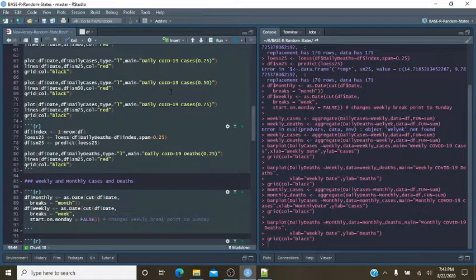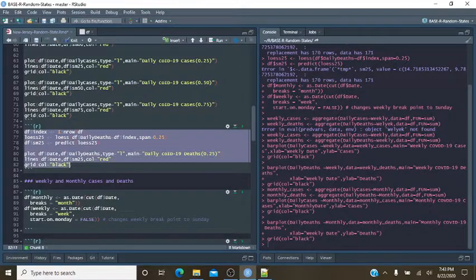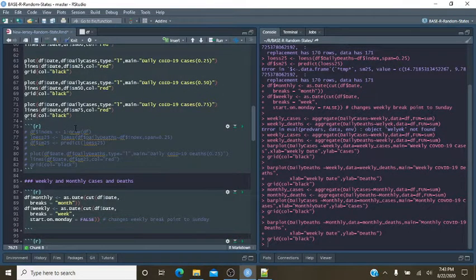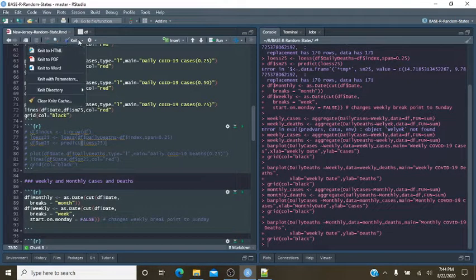So what I'm going to do is this one up here. I'm actually going to comment that out unless I can figure out in the last 5 minutes what I'm doing wrong. Index, low res 25, low res. What's wrong with that? I don't know. Sorry, I'm not sure what I'm doing wrong there. That worked perfectly for the cases. It should work for the deaths also then. But let's just run the report we got so far and see what it looks like.